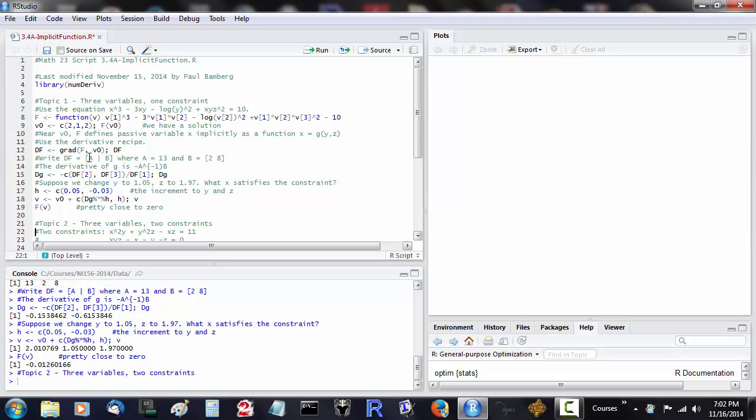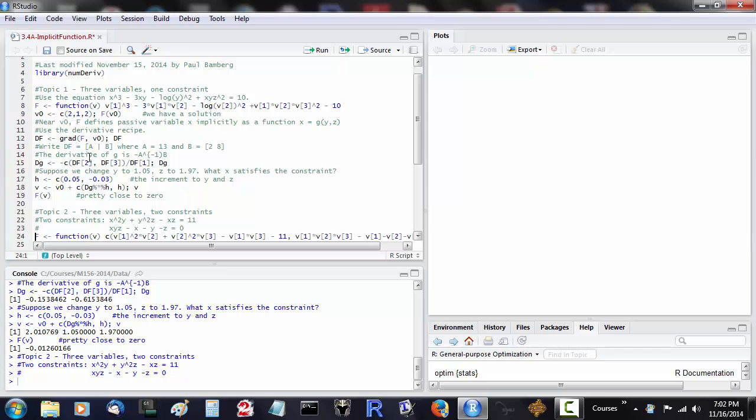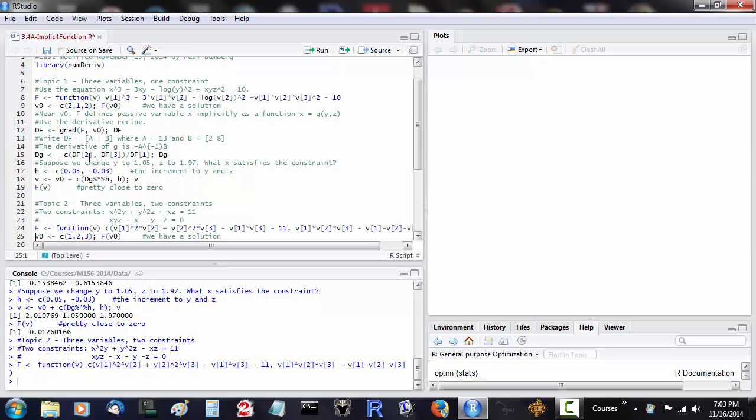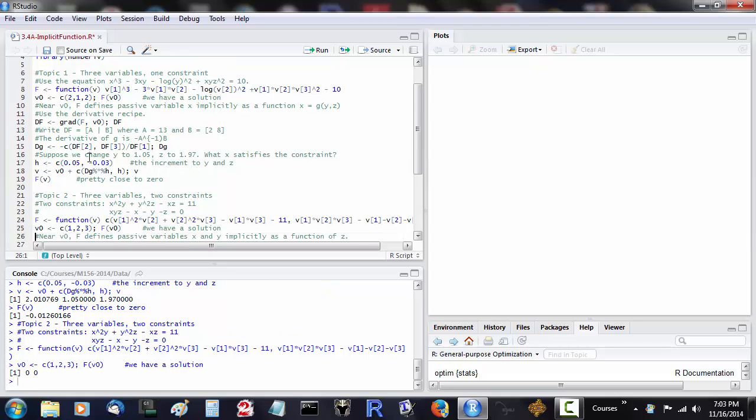Now the amazing thing is the same thing works even if we have more than one constraint. So now we've got a pair of functions. This function returns a first component that starts out as v sub 1 squared times v2, for x squared times y, and so on. And the second component, which starts xyz in the conventional form, starts out v1 times v2 times v3. There's my function. And in this case, I've chosen a function so that 1, 2, 3 is a solution,